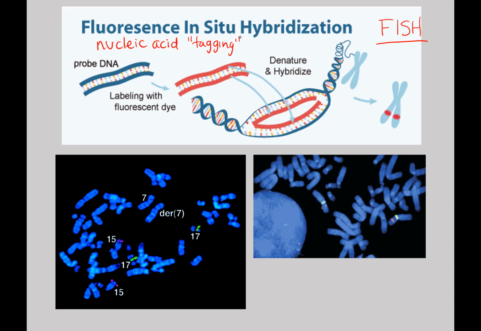What if you're interested in a specific DNA or RNA sequence? What you do is you make a complementary sequence, and we call this a probe, and you label it with a fluorescent dye. So you could imagine it's got some fluorescence on it, and when you put it into the cell, it will hybridize or base pair